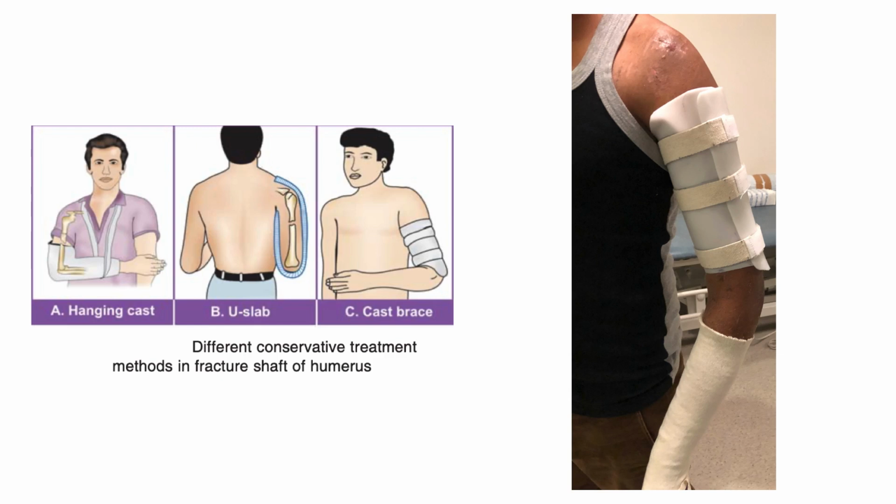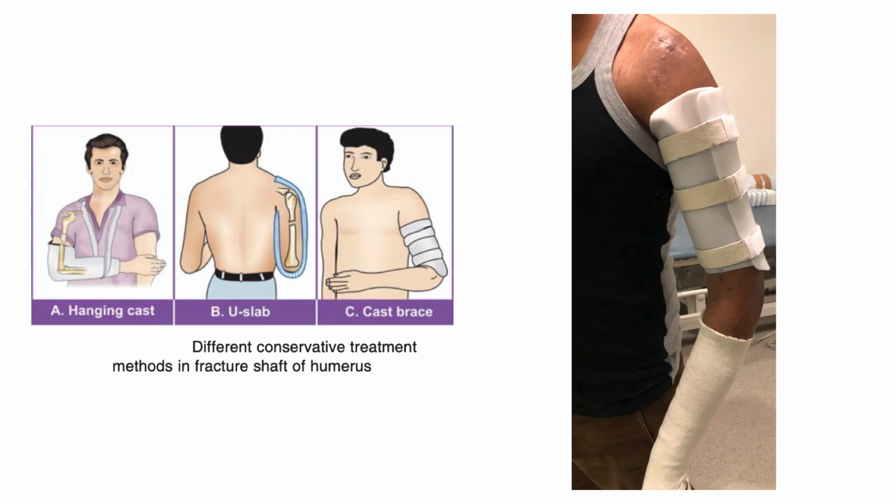Here the gravity aids in reduction of the fracture, as you see here. They are not suitable if the level of the fracture corresponds to the upper limit of the cast, because of the deforming effect of the proximal end of the cast. It is also indicated in a comminuted fracture of the distal third. If the cast is too heavy, it may cause distraction and consequent delay or non-union. So it is very important to make the cast properly, because this is a permanent cast.